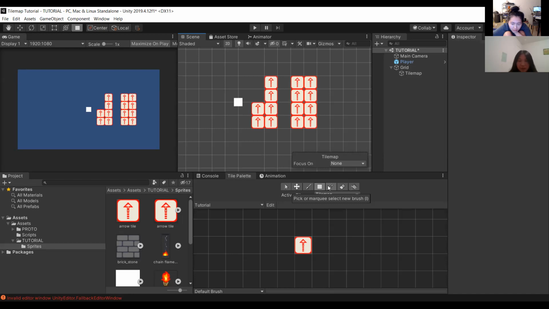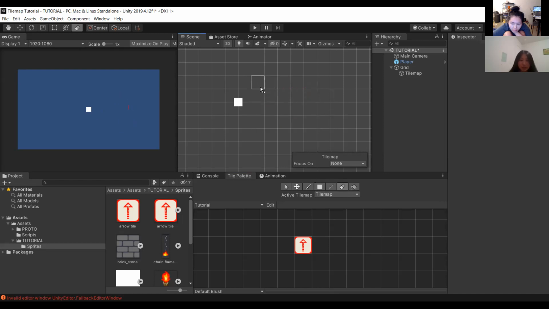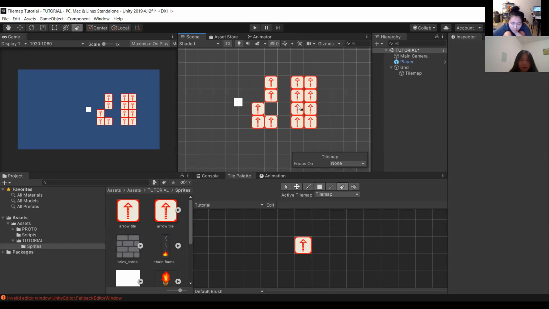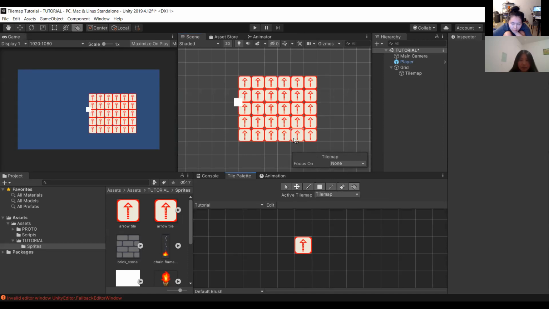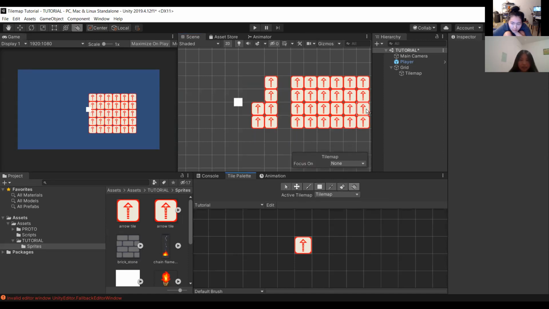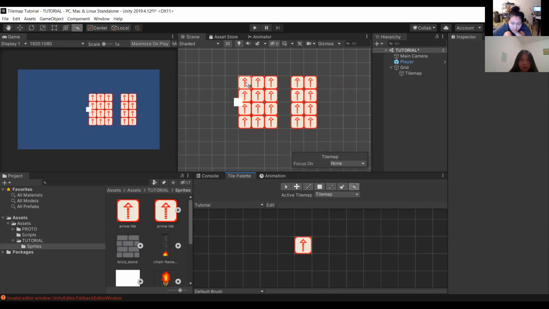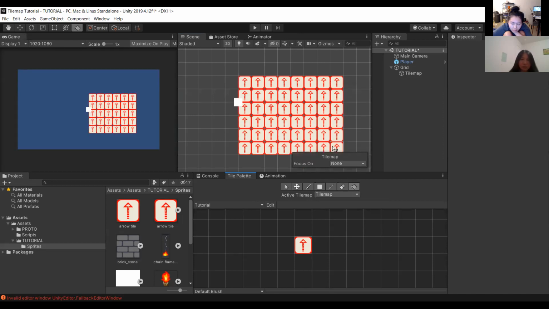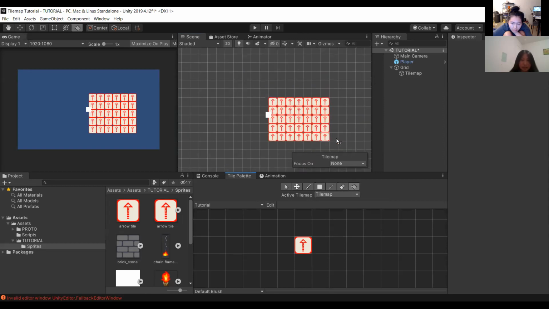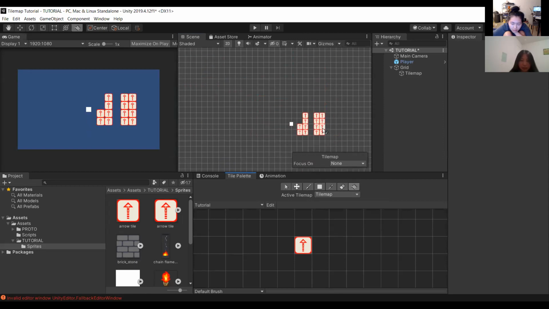You don't need to worry about the next one. You're probably not really going to use it. And then erase is the same thing as shift clicking on the brush. You can just go through and manually erase little bits of it. And then fill will fill whatever area you specify, starting from, I believe, the zero point that the tile map specifies. So you can just go ham on it.